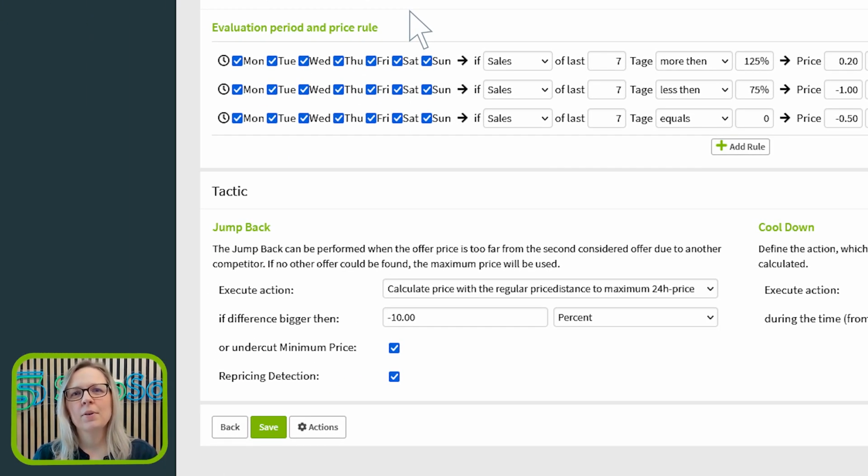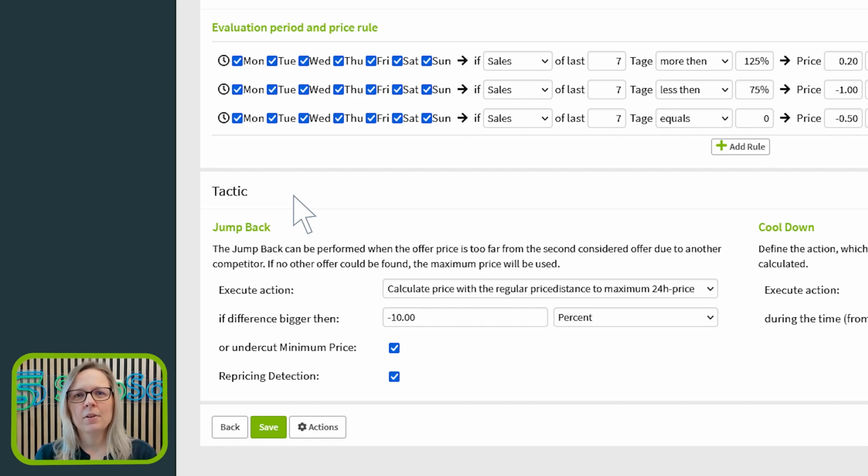Finally, I will clarify the tactics pertaining to the strategy settings. Situated on the left side, you will come across the jump back functionality. The jump back functionality empowers you to enhance the price as the distance to the highest 24-hour price of the relevant offer gradually expands. This is the situation in which the price optimization of a competing competitor causes the price to decrease.